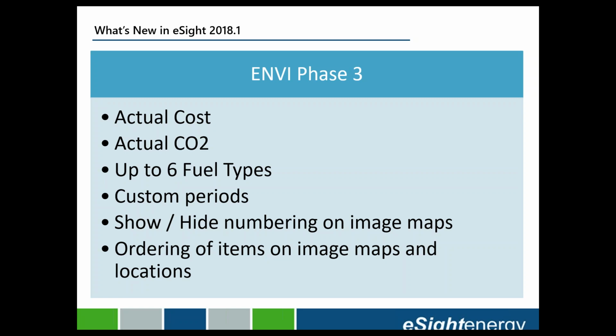Additionally, one of the highly requested features was that Envy was basically designed to display up to 3 fuel types initially, and that was set to electricity, gas, and water, and that was hard set. Then we moved to make it so that you could change what those fuel types are, and now we've increased it so that you could display up to 6 fuel types on a single Envy dashboard. So,